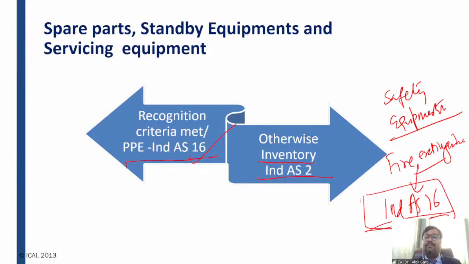For example, if you see some acid factory, nuclear plants. In an acid plant, in a nuclear plant, there are a lot of safety equipments which are governed by the law, or which are just kept for safety purposes, right? For example, in the acid plant or a nuclear plant, there is a big water hose, a big water tank, right? There are big pipelines. So all these water hoses and pipelines are capitalized as property, plant and equipment, as safety equipment, right? I hope it is clear to everyone, guys.